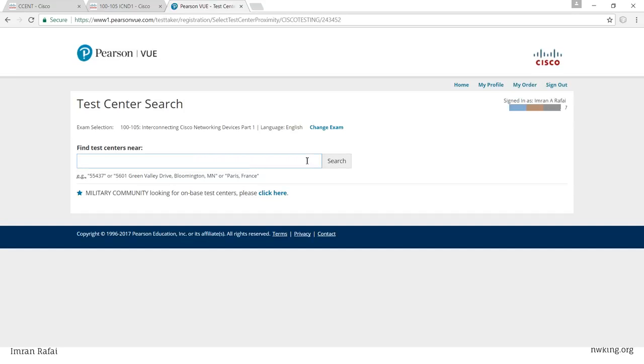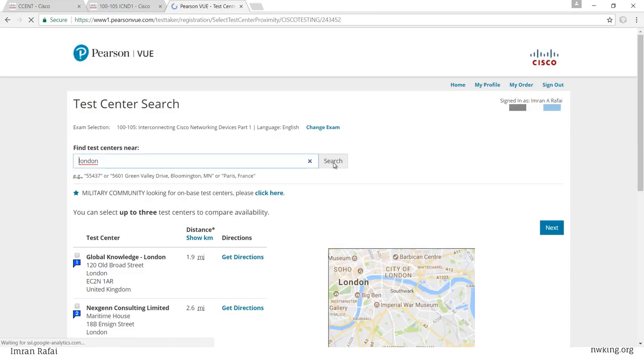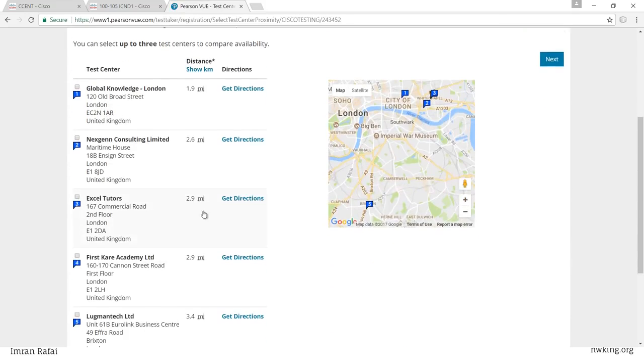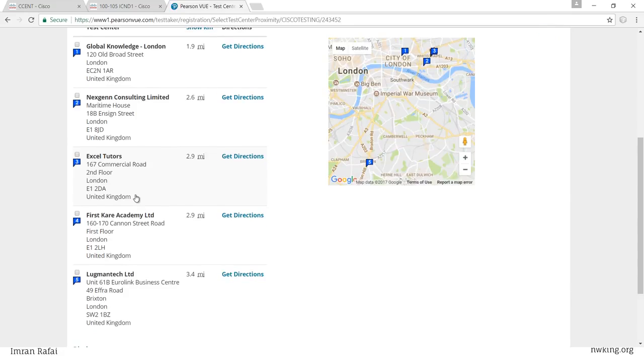Then you need to choose a center. Before that, we need to tell where you want to take it. Let's say I want to write in London. You type London and click search. It should give you a list of all the centers in and around London. I think it's going to choose the city of London as the center. So 1.9 miles, you have Global Knowledge London, then Next Gen Consulting, Excel Tours, First Care Academics,